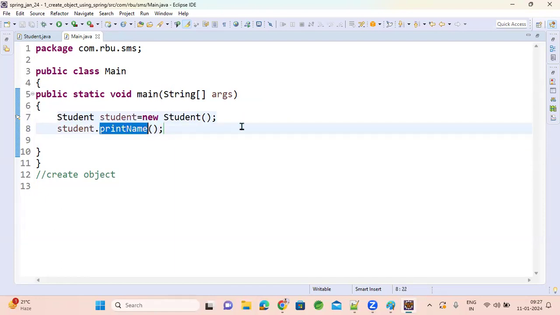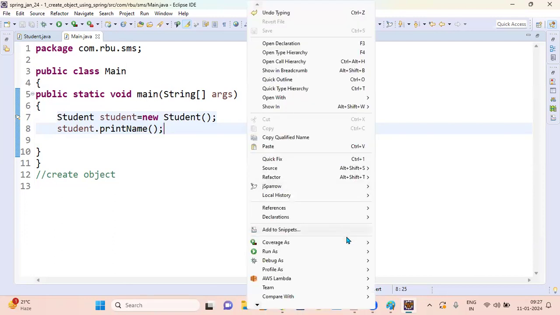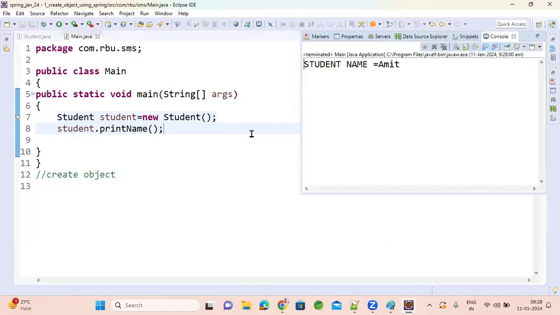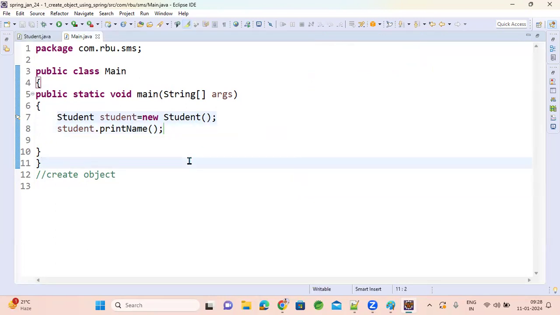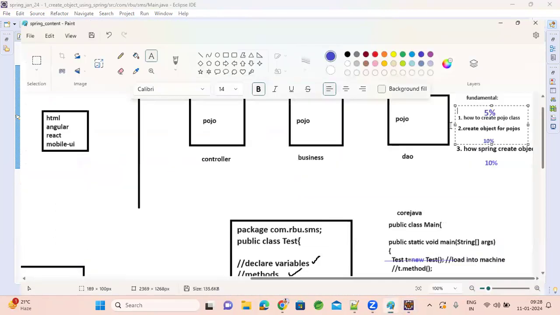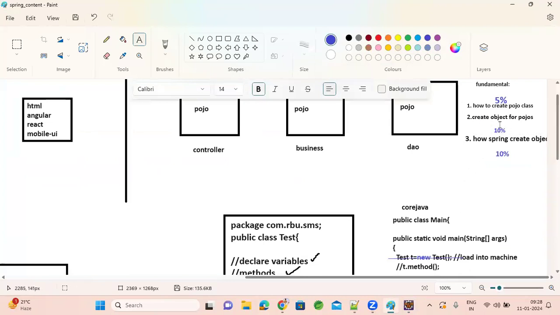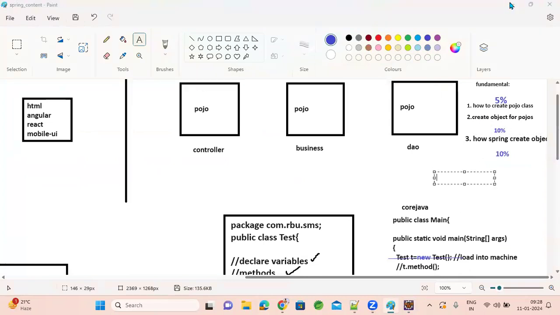So I'm calling printName. Now if I run this, using Run As Java Application, it is printing student name is equal to Amit. So I understand the second step also, how to create POJO class objects.